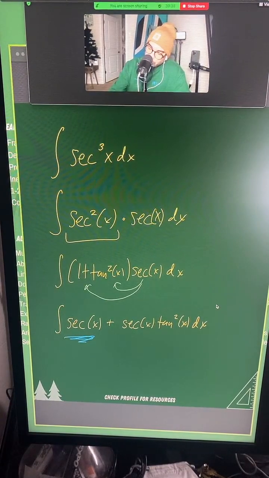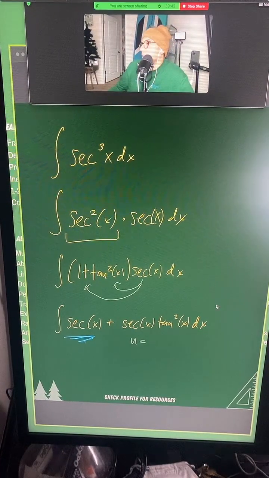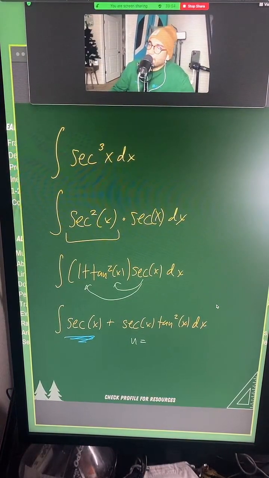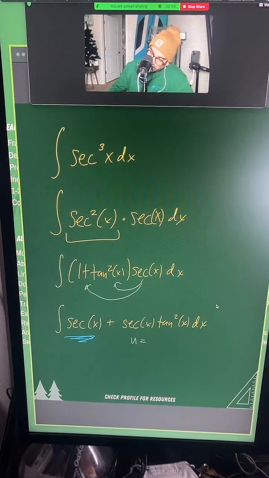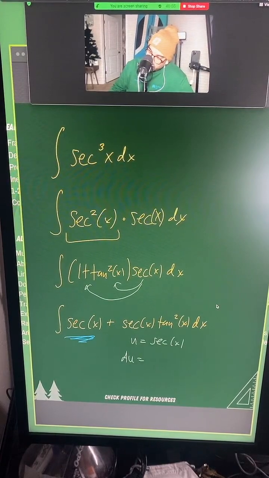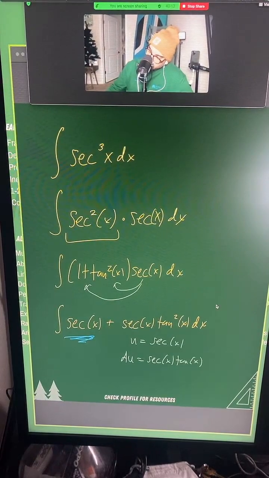So if that's the case, guys, if we use integration by parts, we need our u, and then we need to find our dv. So what's our u? What do you guys think? What is our u value? Okay, let's try some stuff, right? I don't really know the answer to this, but let's try it. So secant x. So that means du is secant x tan x. But then what about our dv?